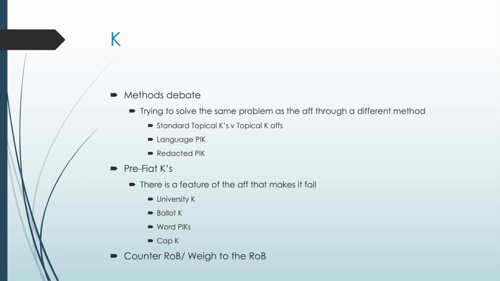There's word picks, which says the AF uses a term that is considered problematic. For instance, on the current debate topic, there's a lot of discussion about the use of the term Middle East as a colonialist term. And so the word pick might say that we advocate for the entirety of the AF except for their use of the term Middle East, because that is a problematic term. And so basically, the thesis of the AF is valid, but the structure of the AF and its use of this particular terminology is such that we should reject it.